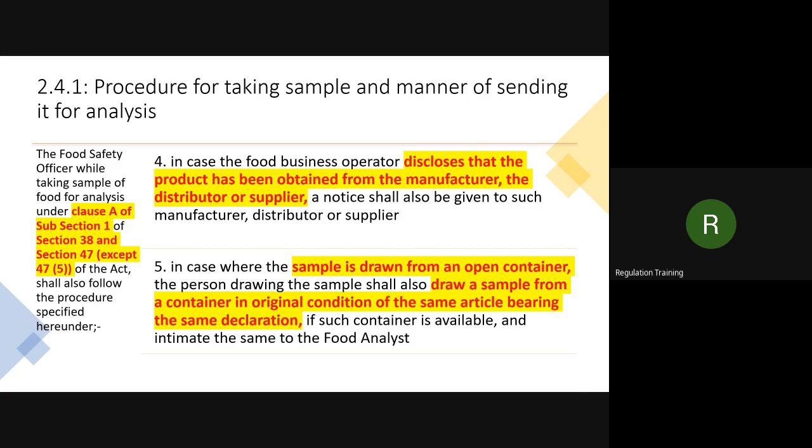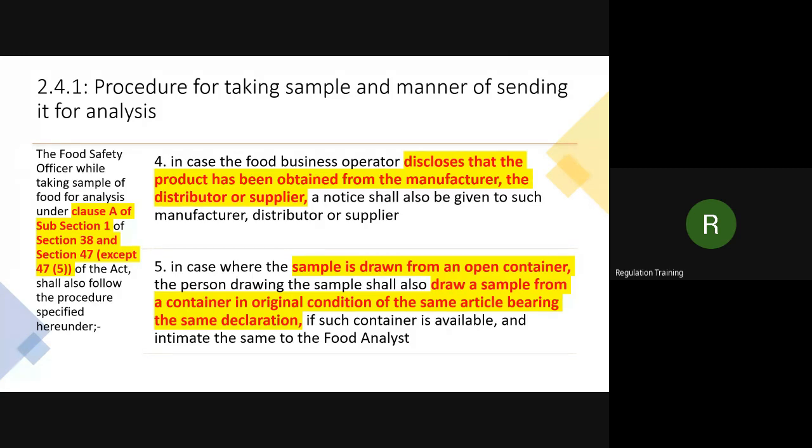Equally means if it is 50,000, each one of you has to pay the 50,000 rupees penalty. And if it is imprisonment for 3 years, then 3 years for the shopkeeper, 3 years for the distributor, and 3 years for the manufacturer also. Why so? Because it is written in the law, no one is authorized to sell, distribute, or manufacture unsafe food. So the seller is also equally guilty. What does it mean? It means each one who is engaged in the food business must know the food safety law.